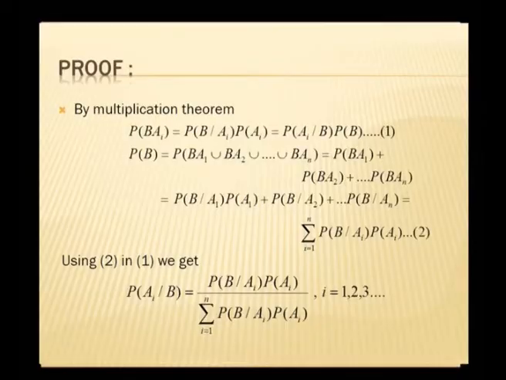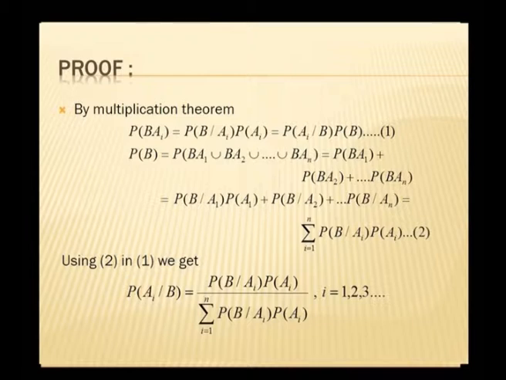And how do you prove this Bayes theorem? Because this has more significance with respect to applications. Here, first of all, P of B into Ai, we know by the multiplication theorem, can be written as P of B by Ai into P of Ai, or I can also write P of Ai by B into P of B. That means P of B is an unconditional probability, but P of Ai by B is a conditional probability. Similarly, P of B by Ai is conditional and P of Ai is an unconditional probability. So, I can equate both of them for this P of B into Ai.